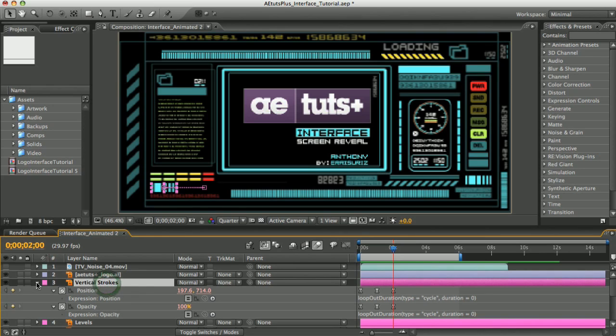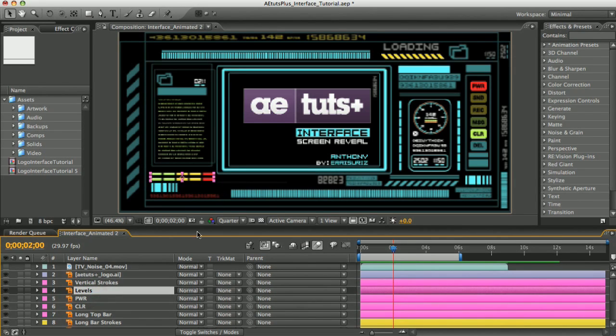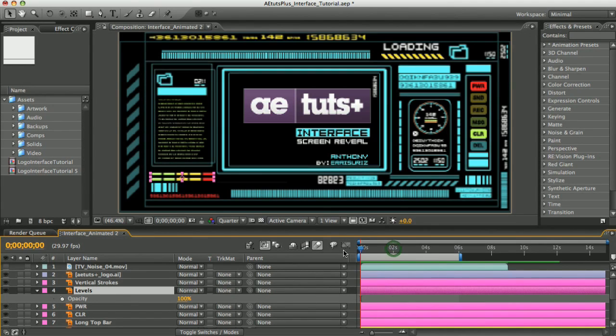So we'll select this layer and hit U to hide all the keyframes. If you hit U, it'll show you all your keyframes. If you hit U again, it will hide them. So this layer here, I want to do a little flashing opacity animation on this, so we'll hit T for opacity, and we'll bring this back to the very beginning and set a keyframe here